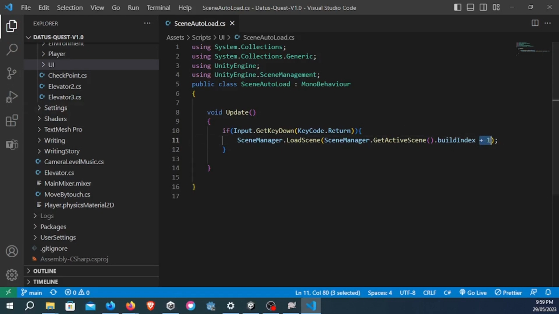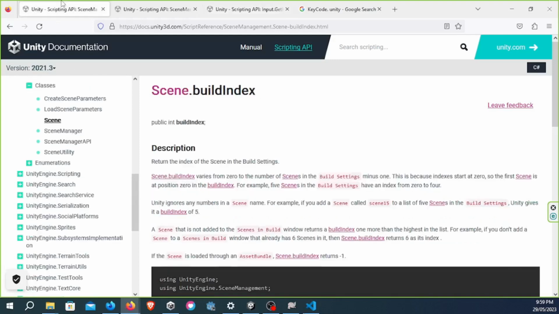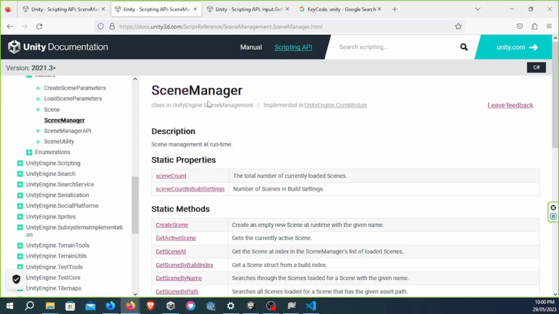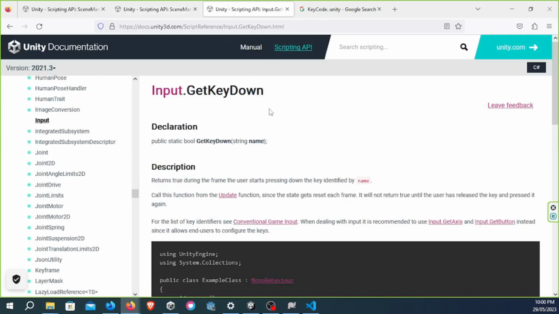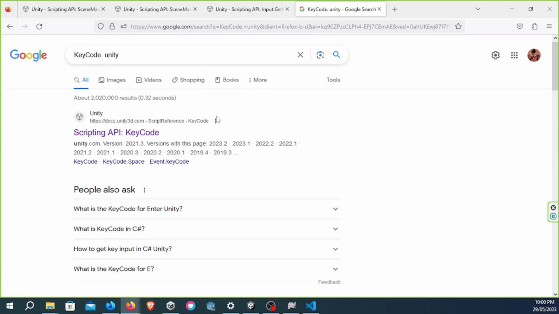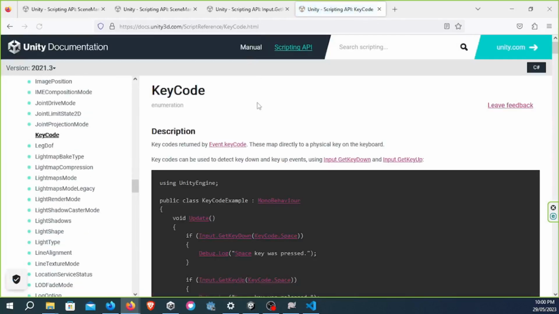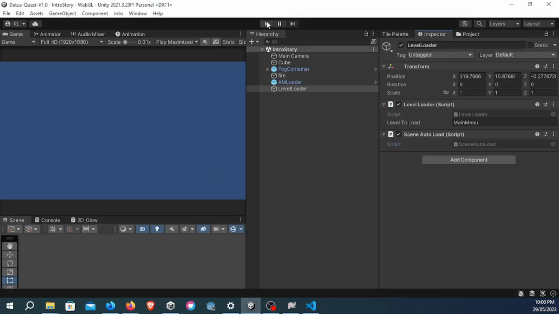to another scene. And just as a reference to where I got all of this, it's going to be part of the scripting API. So you would see we have the Scene.buildIndex, and that's part of the documentation. We also have the SceneManager, and we have the Input.GetKeyDown and KeyCode. I was actually searching for that KeyCode. So these are the documentation. I'll just leave a link to this, and you would see now that if we try to run this, instead